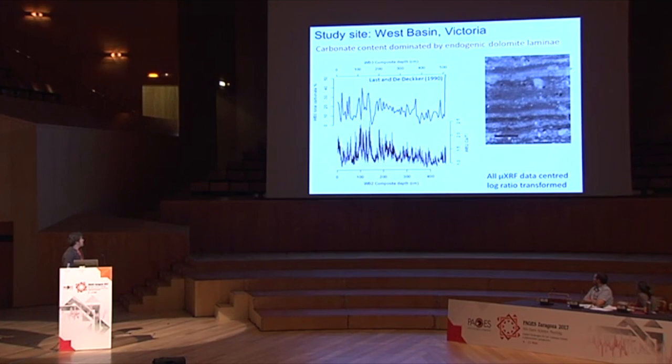As I say, a lot of the laminations are carbonate, dominated by endogenic dolomite. So it's a very rare system where we have the precipitation of dolomite out of the water column. Again, this was studied by Last and de Decker, and this is their XRD measurement of the